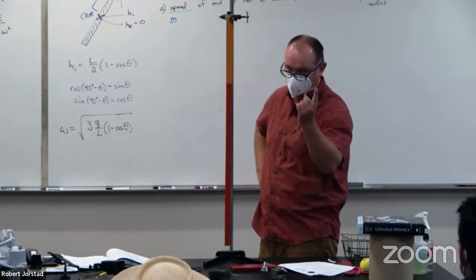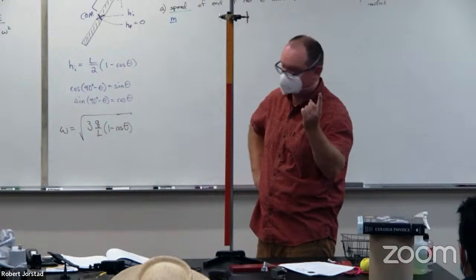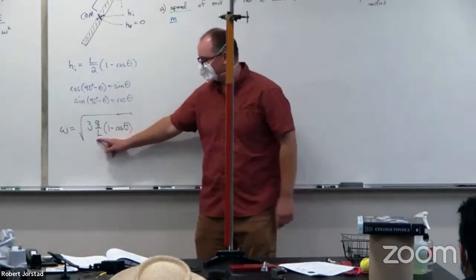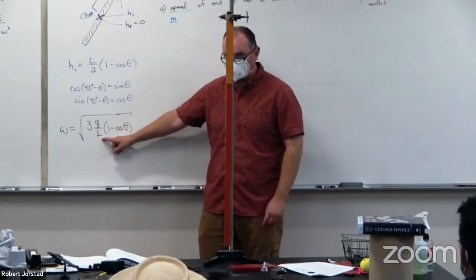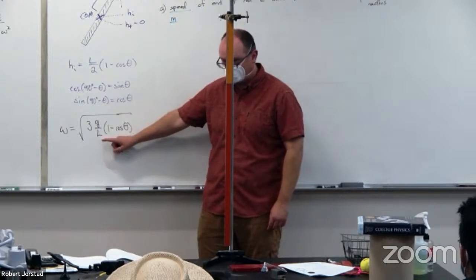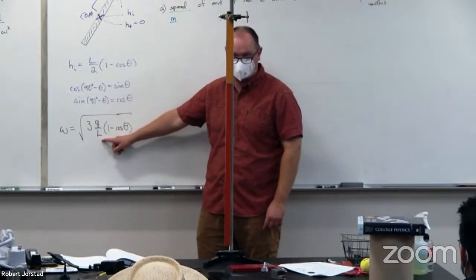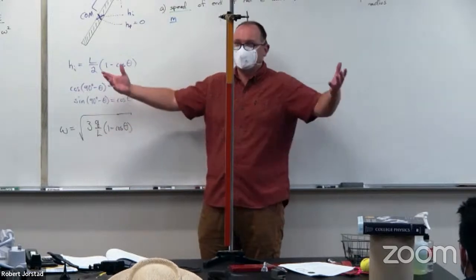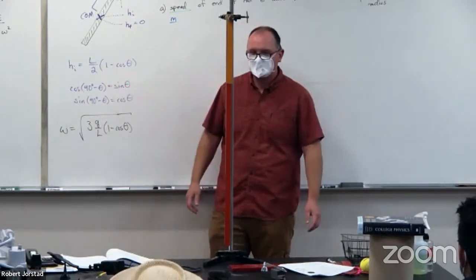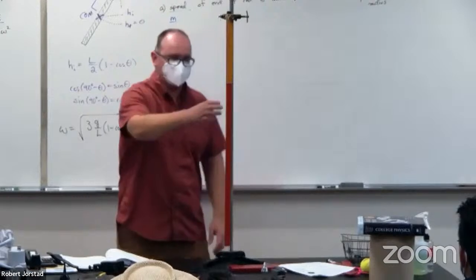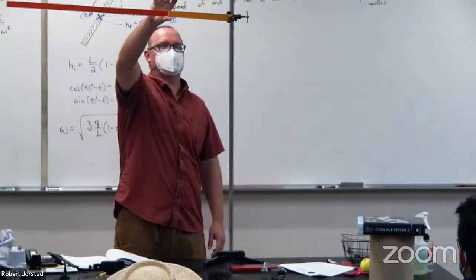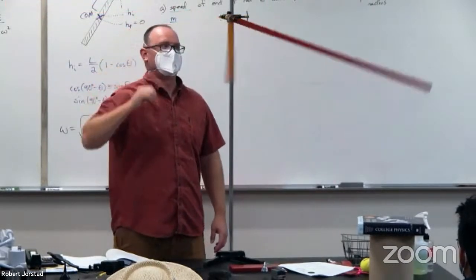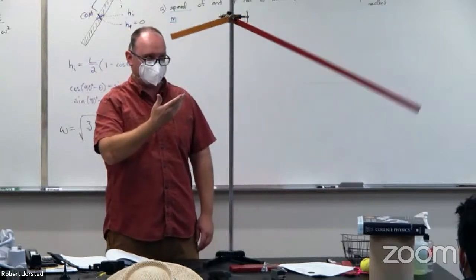Here's how I can tell, rather than guessing: I look at this equation. Which one should have a bigger omega at the bottom and why? The shorter one. L is a smaller denominator. That's an easier way to see it, right? So let's just do it. And hopefully for you, I'll get hit in the face and we can call off the rest of lab. It totally gets down faster,